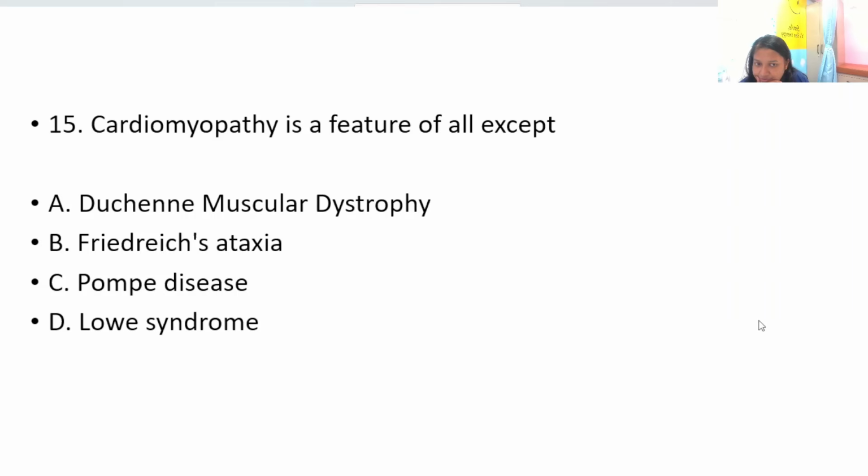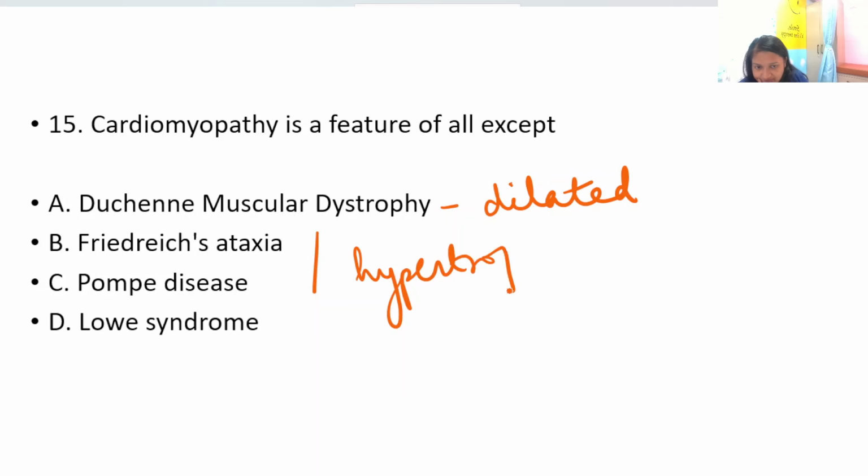Cardiomyopathy is a feature of all except DMD, Friedreich's ataxia, Pompe disease, and Lowe syndrome. Now DMD, yes, it has cardiomyopathy, and what kind of cardiomyopathy? Dilated cardiomyopathy is seen in DMD. Friedreich's ataxia and Pompe, both of these will show hypertrophic type of cardiomyopathy. Lowe syndrome is typically not associated with cardiomyopathy. What is it? It is